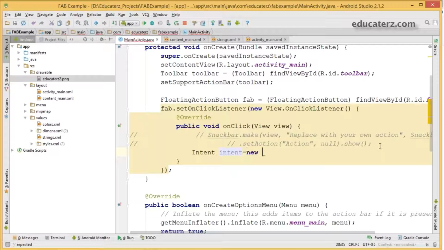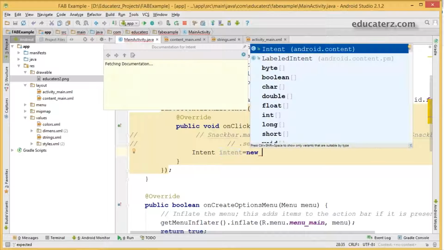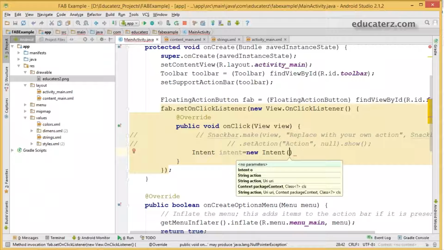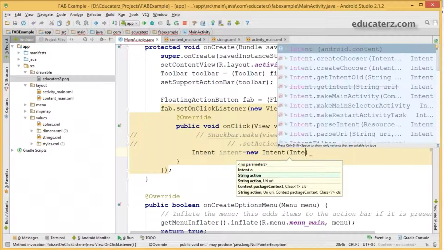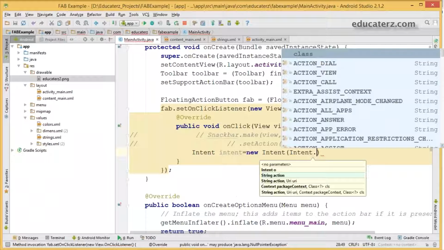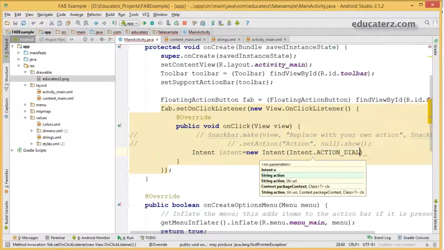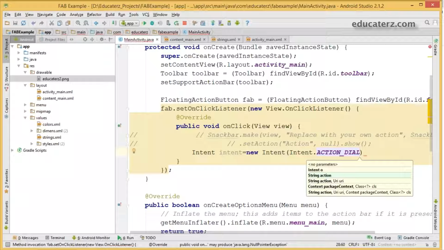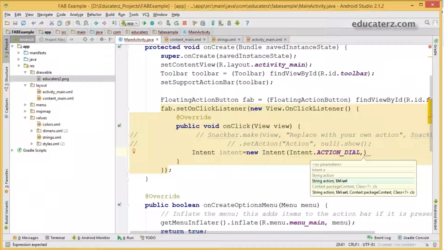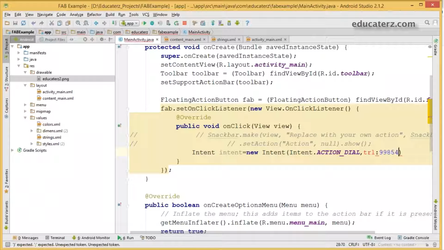Intent equals new Intent, and we'll take an intent with your action and the URI of the data. The action is ACTION_DIAL. We have already discussed this in our earlier sessions; if there is any doubt, please go and refer to them. The URI of the data will be in the format of tel colon, followed by some number.